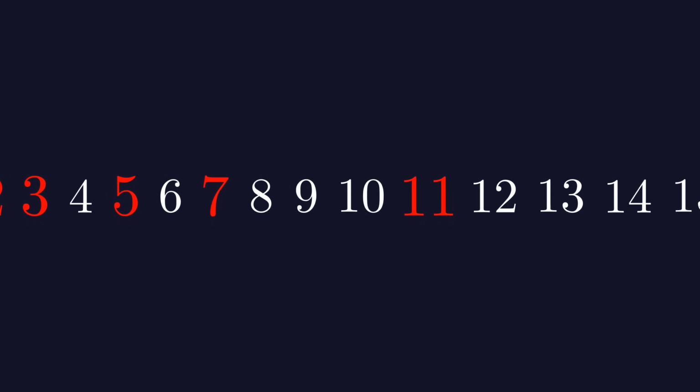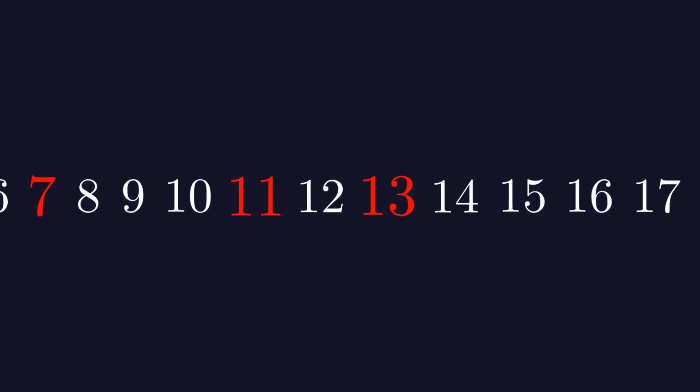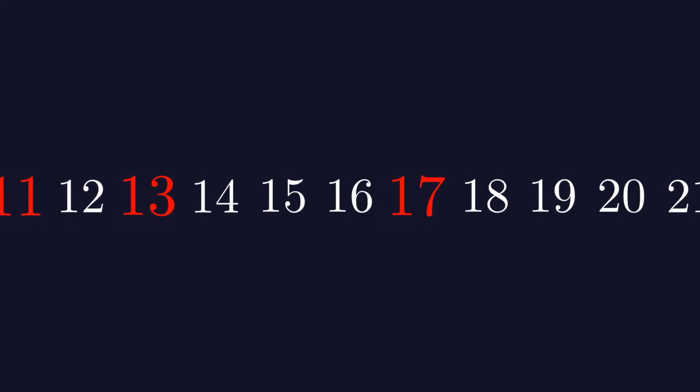Humans have been looking for prime numbers for a very long time. We still haven't found the formula for generating prime numbers. However, we have developed methods to discover increasingly larger primes. You might wonder how we know that we haven't yet found all primes and there are always more prime numbers